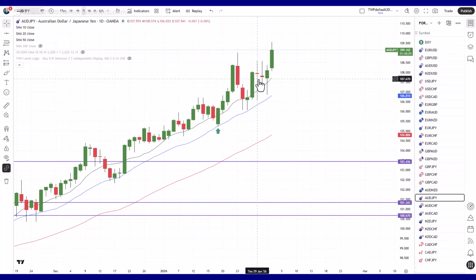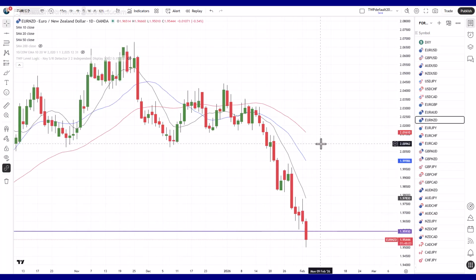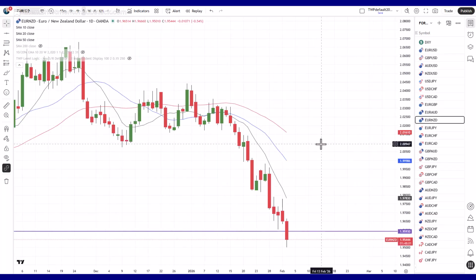Let's have a look at, yeah, I didn't even look at this. Aussie Yen carrying on to the upside. Euro Kiwi, just having a look at that also. Okay, very strong trends. Keep an eye on the Aussie pairs across the board. Some of them are offering some good trends, maybe not all, but some are offering those. So what I'll do is I'll have a run through